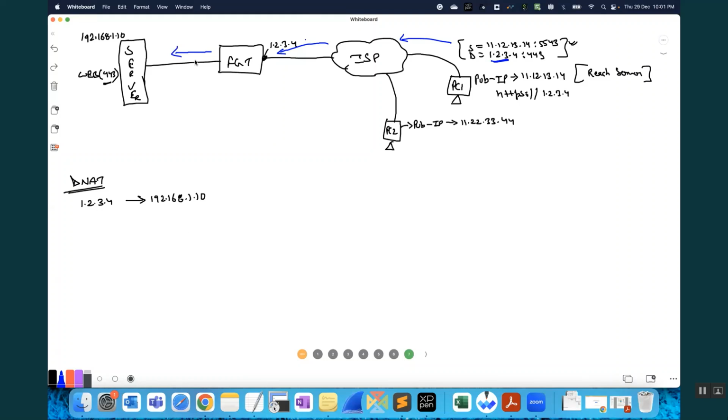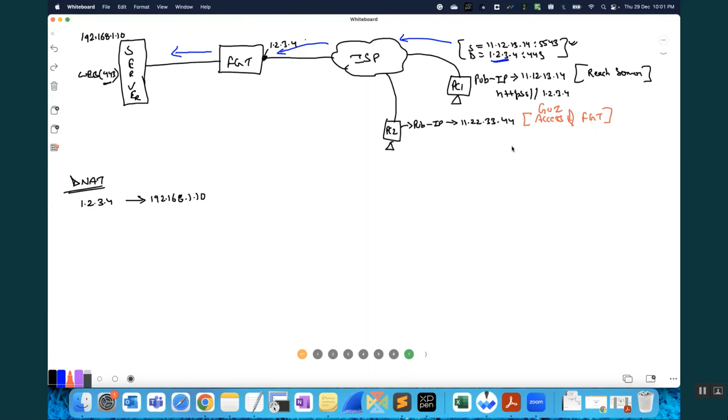Yes, clear. Now my other requirement is that from PC2, I want to take GUI access of the FortiGate. Clear?